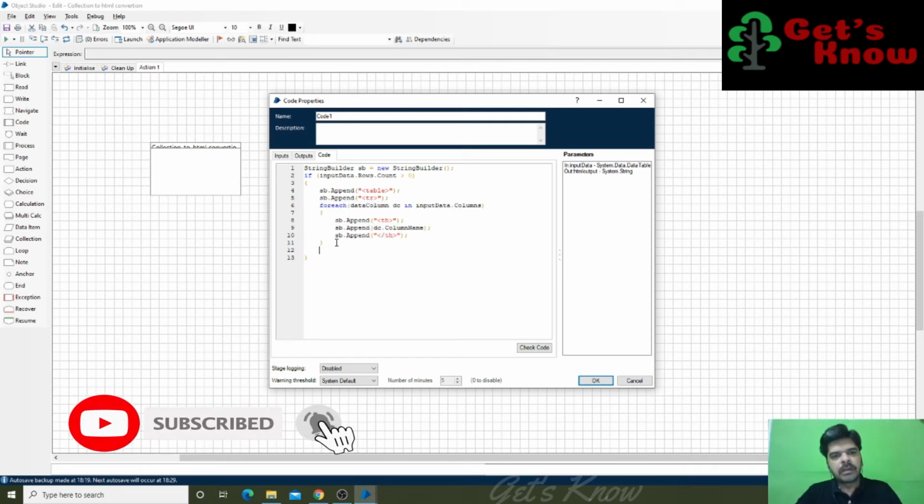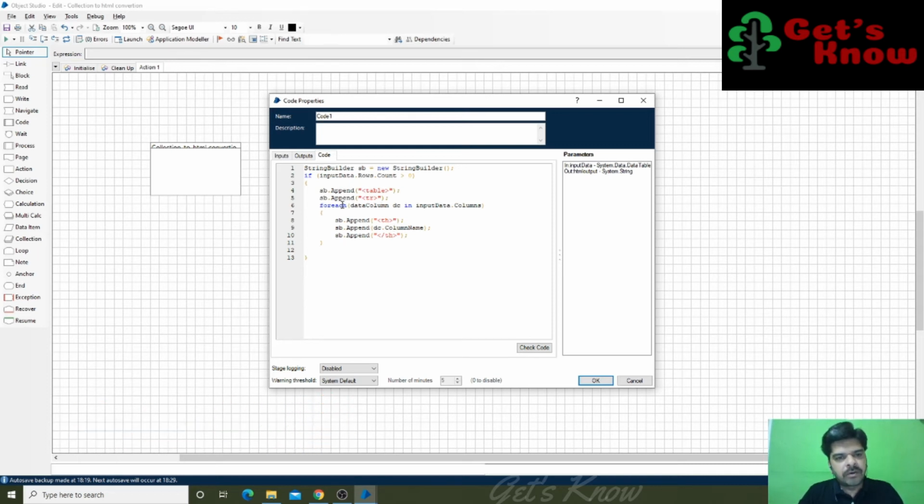Now first we have to close this row. Close it. Now one more foreach, which is for getting the data rows from the collection.